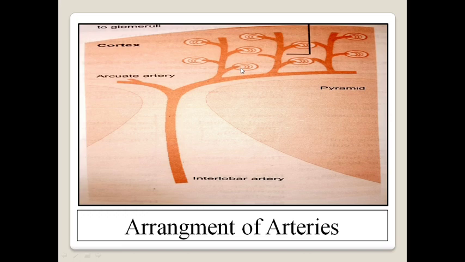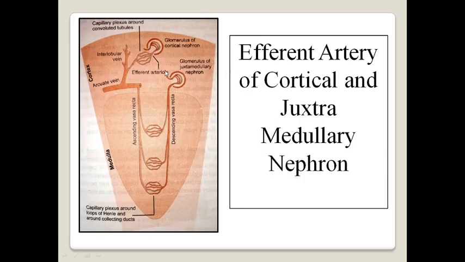It enters as the afferent artery into the glomeruli, and after forming the glomeruli, this artery comes back as the efferent arteriole, not as the vein. It comes back out of this glomeruli as the efferent arteriole and forms two types of network around the PCT and DCT. They form the peritubular network or peritubular capillary plexus that then drains into the interlobular vein, and at the juxtamedullary nephron they form the vasa recta, descending limb of vasa recta and ascending limb of vasa recta, around the loop